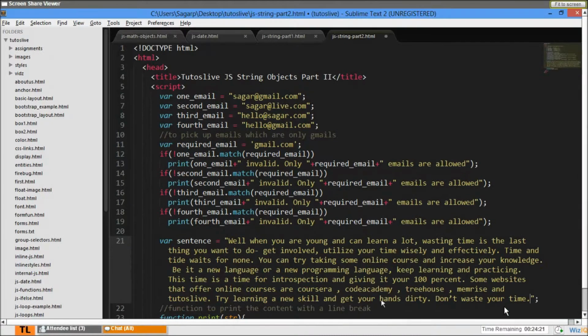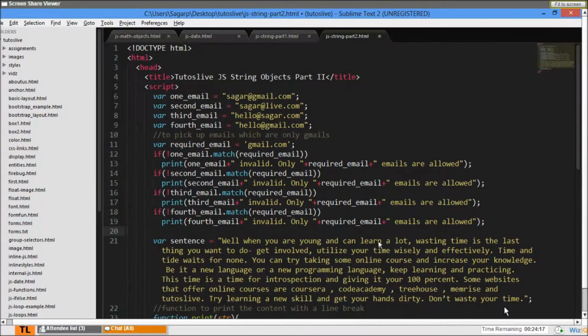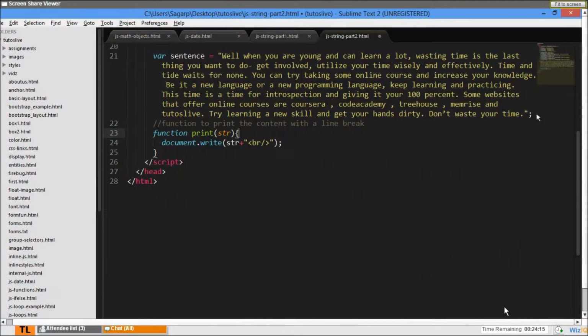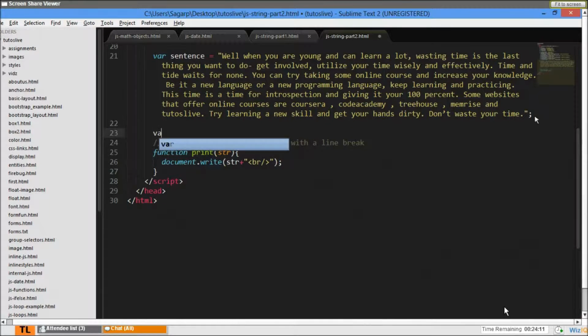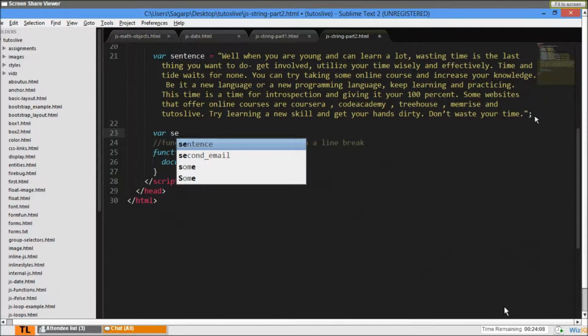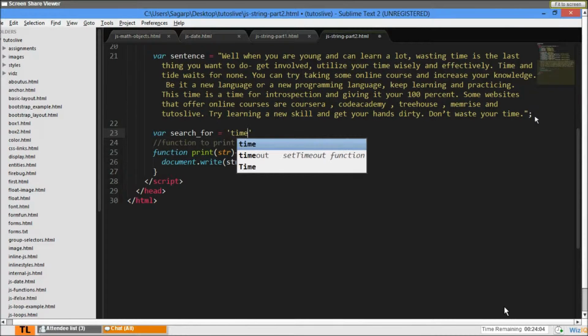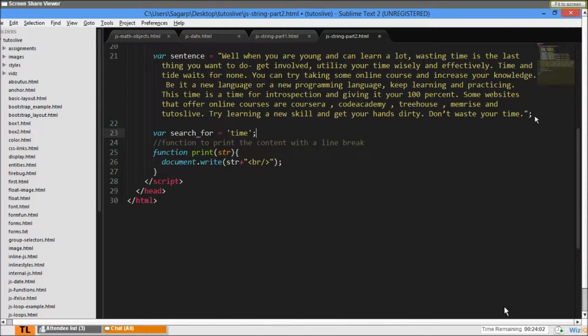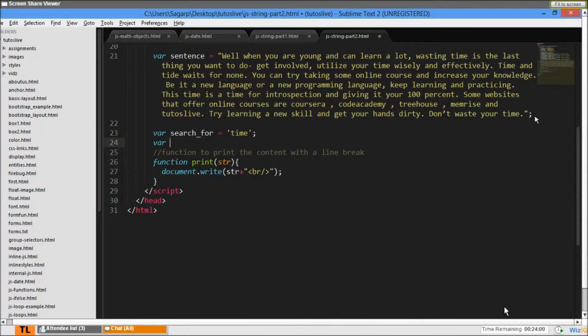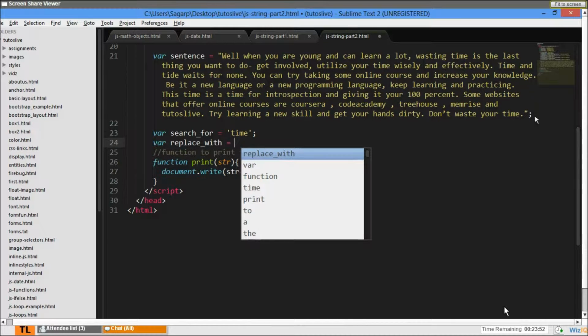So what I want to do is, wherever there is time, I want to make it highlighted. So I'll say search for time, replace with. I want to highlight. So what I do is, I'll replace it with span